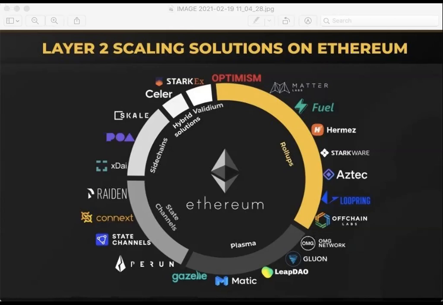We've seen this in a few solutions. Matic would be one of those where they do have a proof of stake exchange between the layer 1 and the layer 2 chain. But they've also worked with fraud proofs and using Plasma to move state. And that would land itself in that category of 1 week wait times to move state from layer 2 to layer 1. And that is due to the security properties of how Plasma was designed. It was designed similarly to the Lightning Network. One of the co-founders of the Lightning Network helped build Plasma. And then, oh, go ahead.